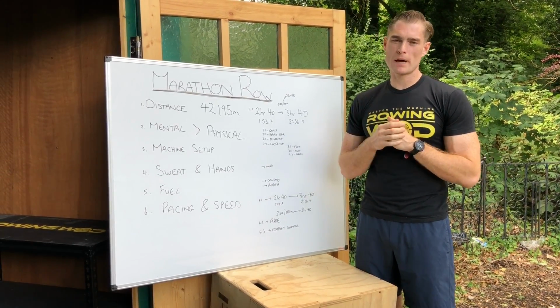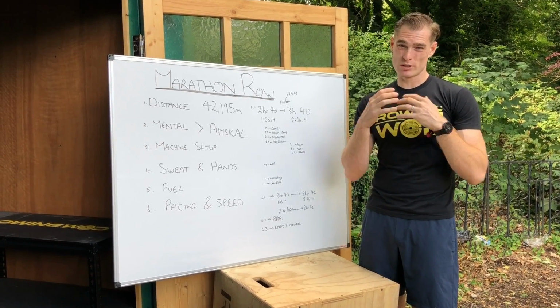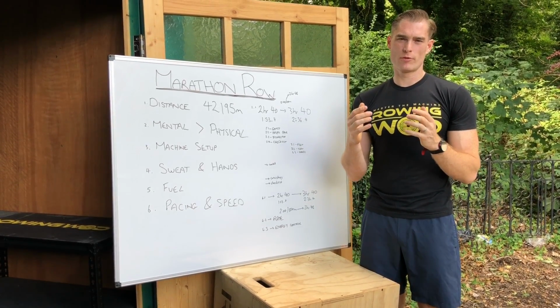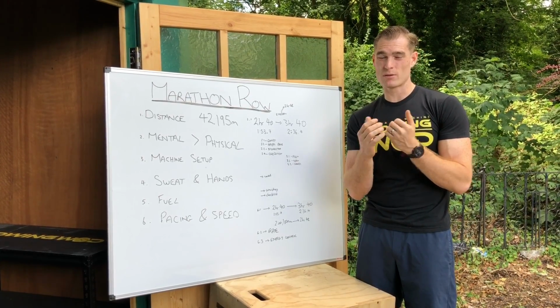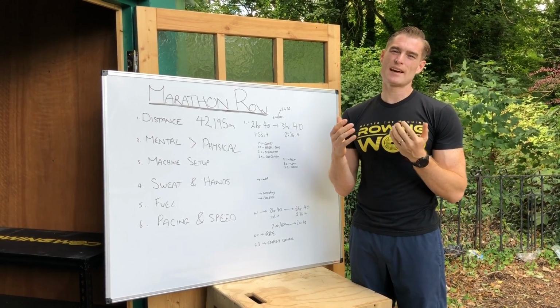The final thing to think about is your pacing. I really wouldn't pay too much attention to the numbers. Unless this is your sport, indoor rowing, it's kind of pointless to think about what split I should be doing. As a rough rule of thumb, when I did it, my 2K was probably around 6 minutes and 10 seconds, and my 5K was around 16 minutes and 20 seconds,